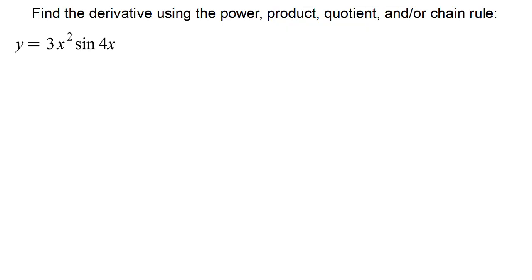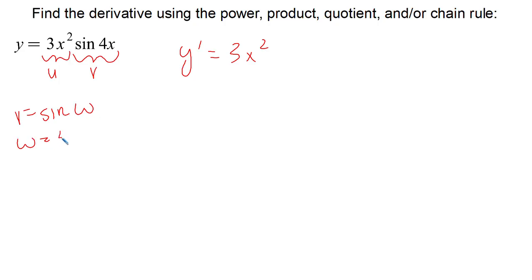For number 11 here, we've got a product of two functions. That's the first thing we should notice, that we're going to have to use the product rule. This is u times v. So our derivative should be u, which will be 3x squared, times the derivative of v. Well, if v is sine of 4x, that's like the sine of w, where w is equal to 4x. So that derivative should be cosine w times 4. So that'd be 4 cosine w, or 4 cosine 4x. So that's our u dv,